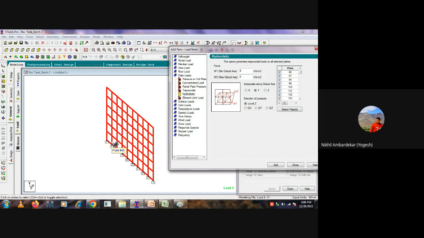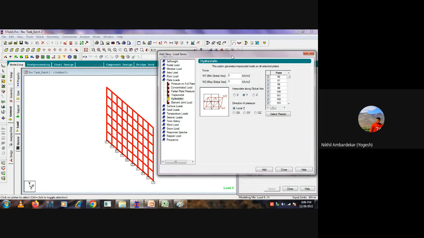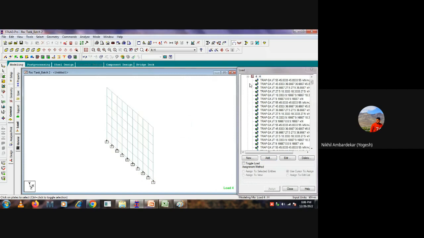Correct. So for the second direction, we need a reference. That's why we are using interpolate along global axis, and it is always Y. It is always Y. So if you try to add something there, anything, or maybe I will add,